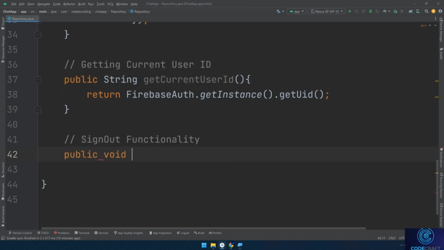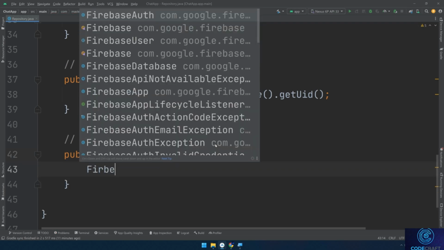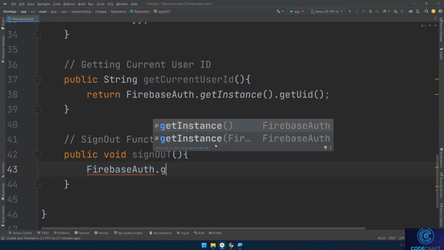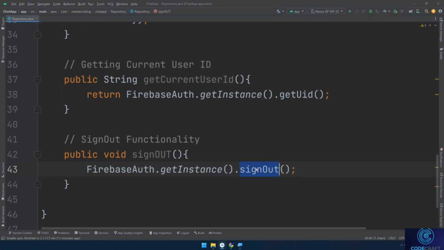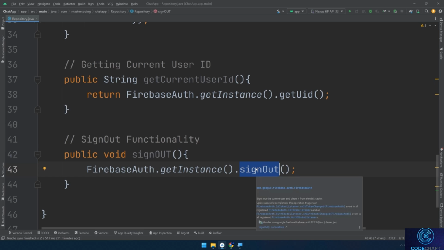I'll make it public and I'll name it signOut. This method will call again FirebaseAuth.getInstance().signOut() method. The signOut method is called when the Firebase authentication instance logs out the currently authenticated user and terminates